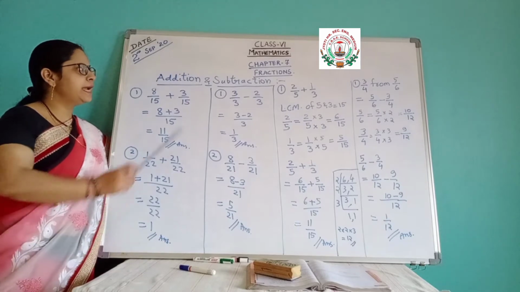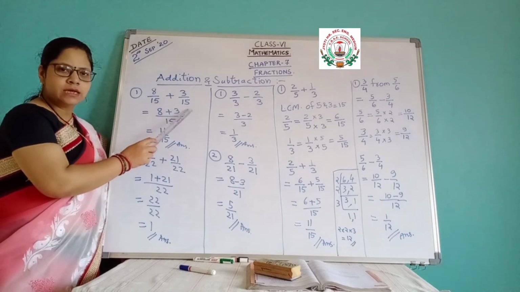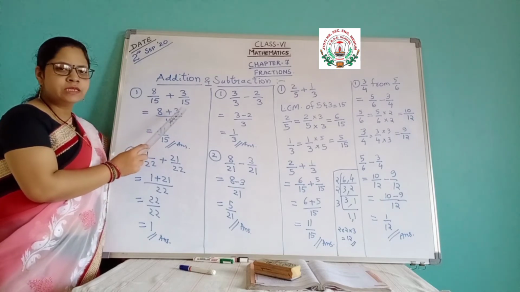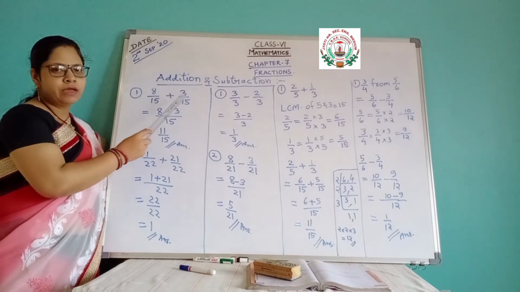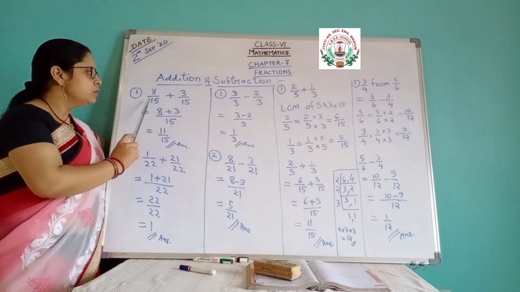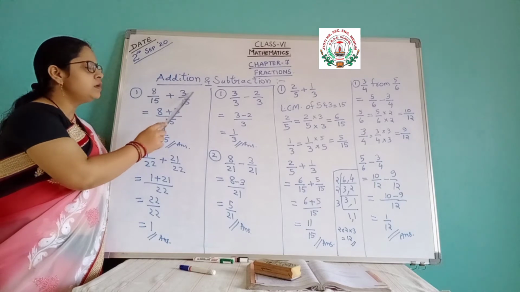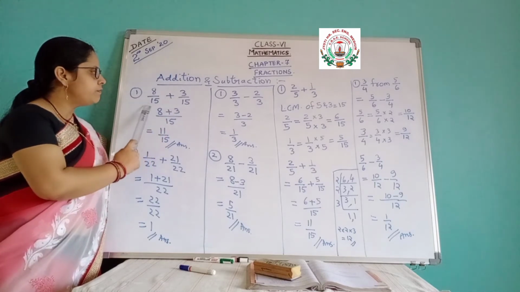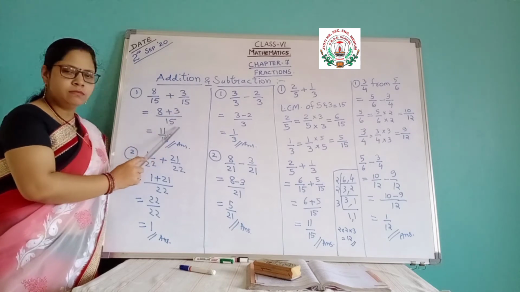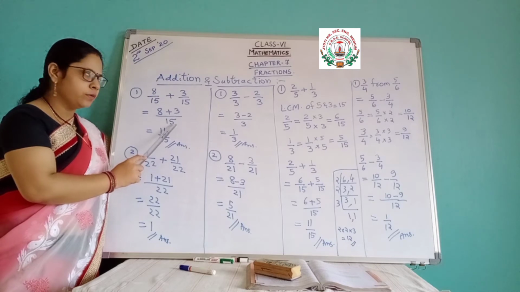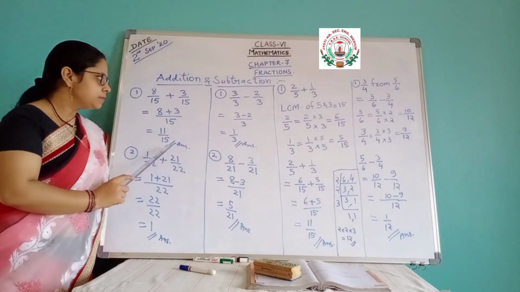Our next topic is addition and subtraction of fractions. I told you for comparison that if the denominators are the same, we can compare directly. Similarly, addition can be done in the same way. If the denominators are the same, you take the denominator only one time and only the numerators are added. Like 8 by 15 plus 3 by 15. Only 8 and 3 you add, and 15 stays the same, written only one time as the denominator. 8 and 3 is 11. So 11 by 15 is the answer.